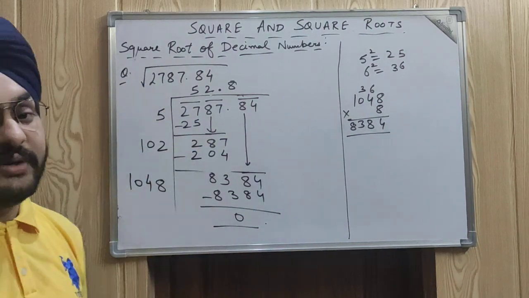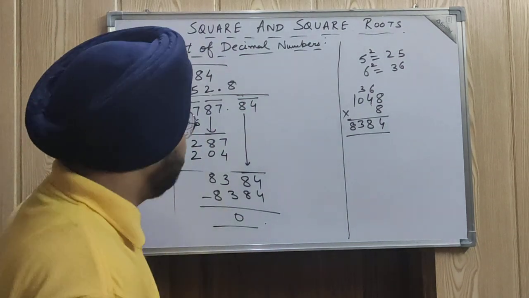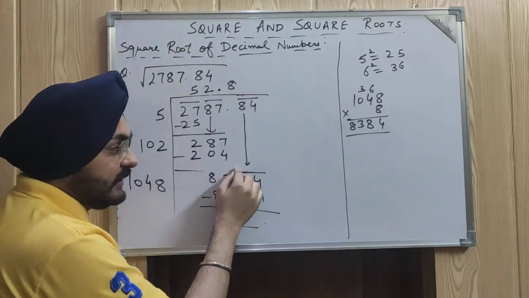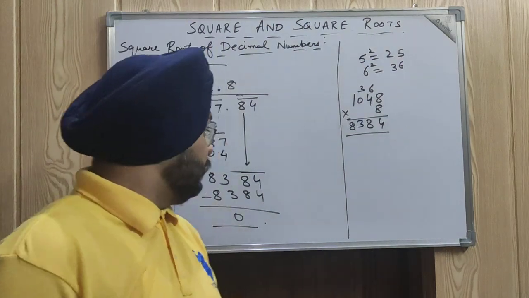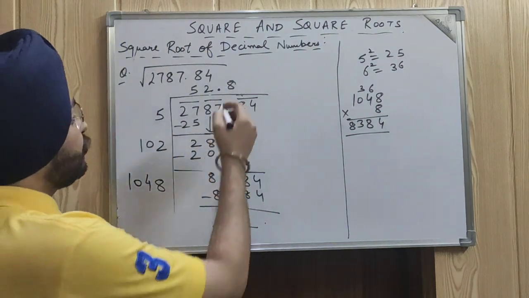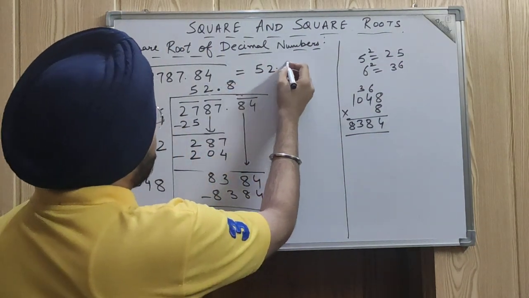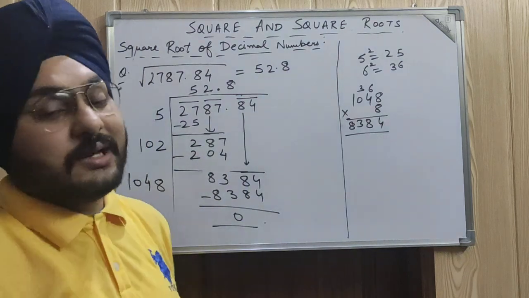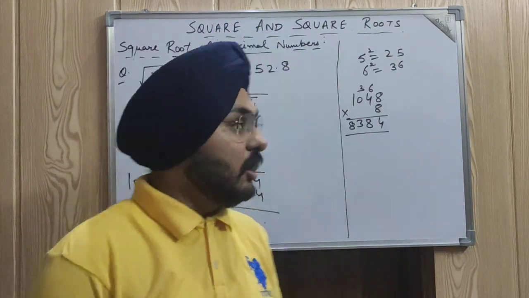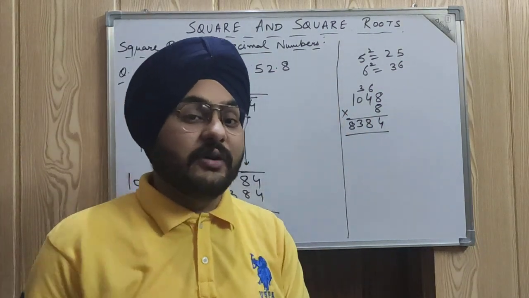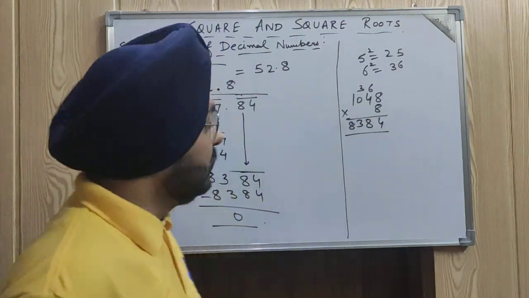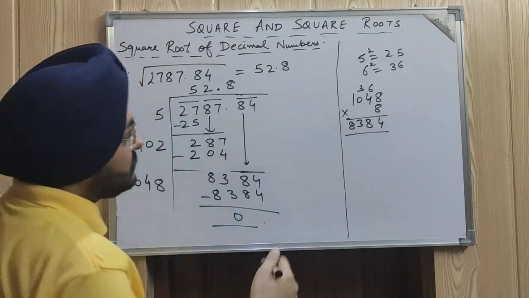So simple division, in which we will be doing the simple division, the same concept. When you are having the decimal, just write the decimal above. Okay, so in my opinion, this will be clear. So square root will be 52.8. So it's not compulsory that you have to solve this in the form of decimal only. You can also convert this into the fraction form as well. So instead of solving this, you can also solve in this way.